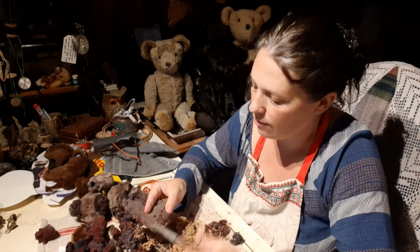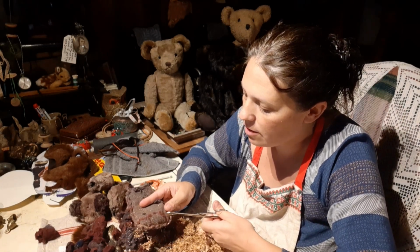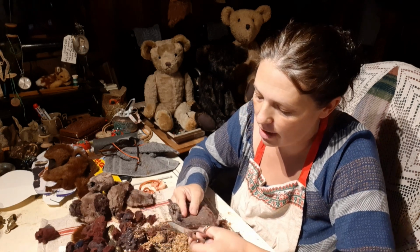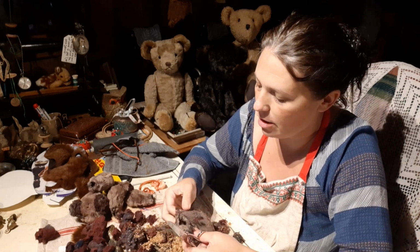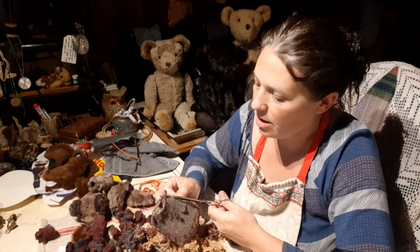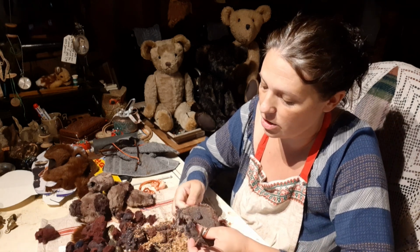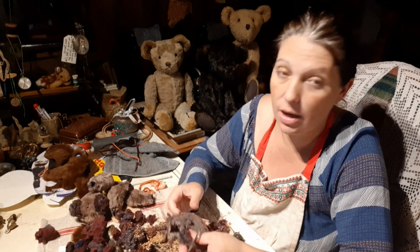It's getting rid of this stuffing and any stitching that looks like it shouldn't be there, to discover whether there are any little holes where I could pop his legs back in to make them a little bit more stable when they go back on, so they go back in the right place. But someone very kindly, where they fixed the bear, have used lots of different coloured threads, so I can actually see what's supposed to be there and what's not supposed to be there, which is quite handy